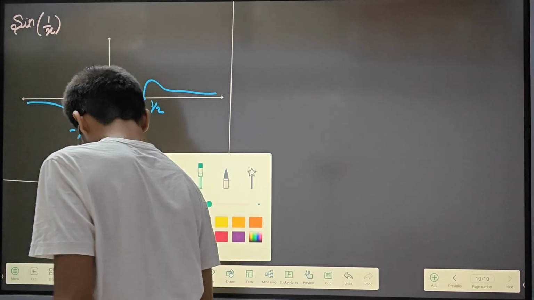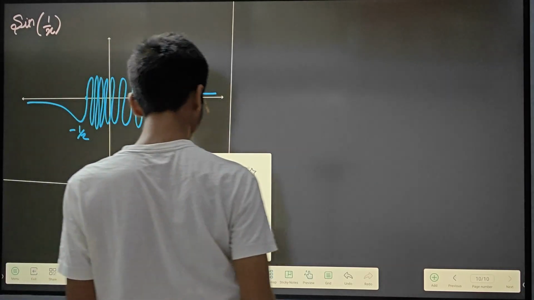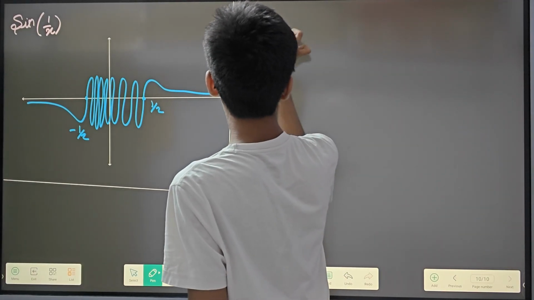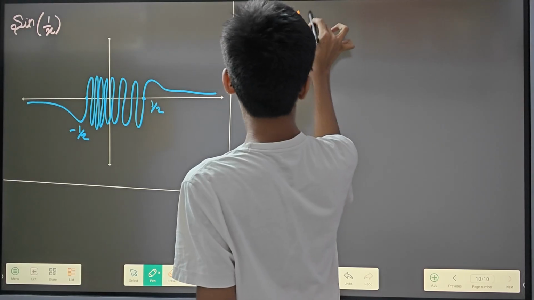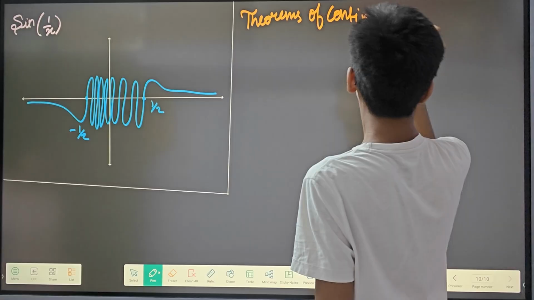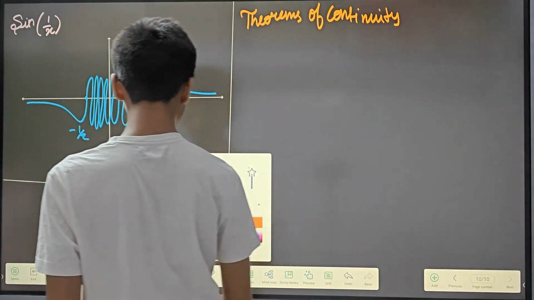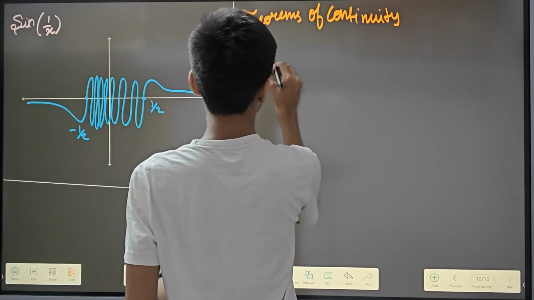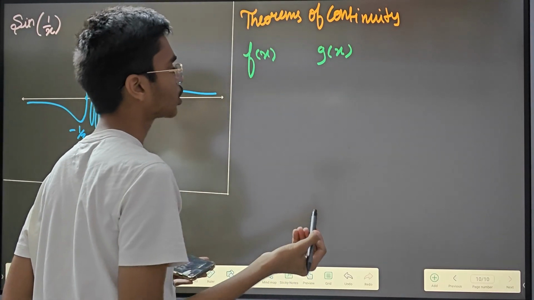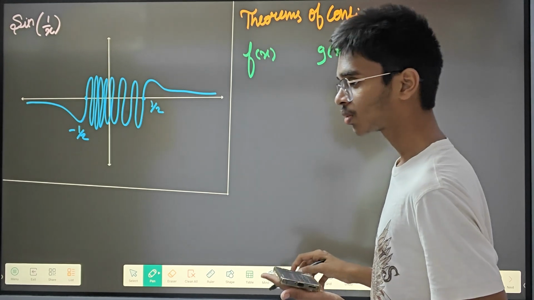Next, what do we have? Theorems of continuity. That means when we have f of x and g of x, you are going to use some cases like this. So which is going to be